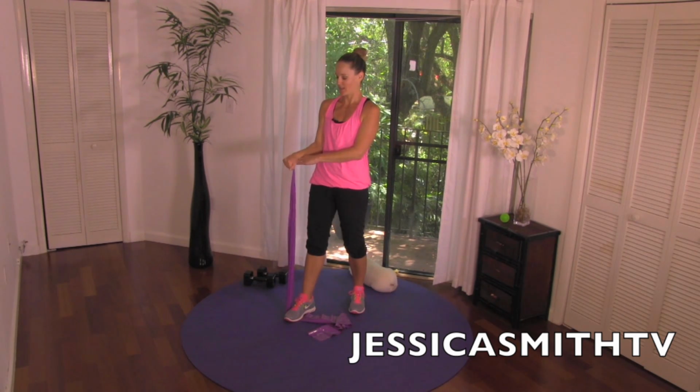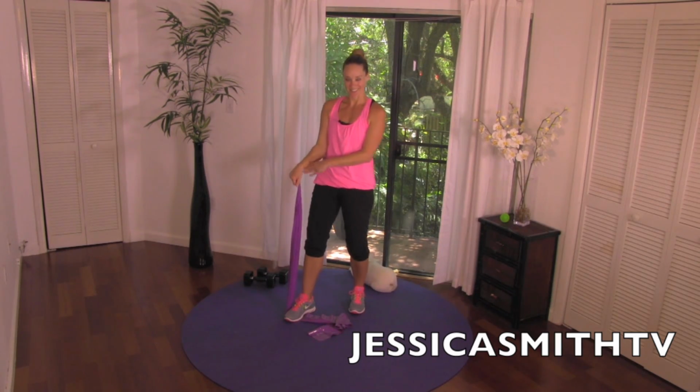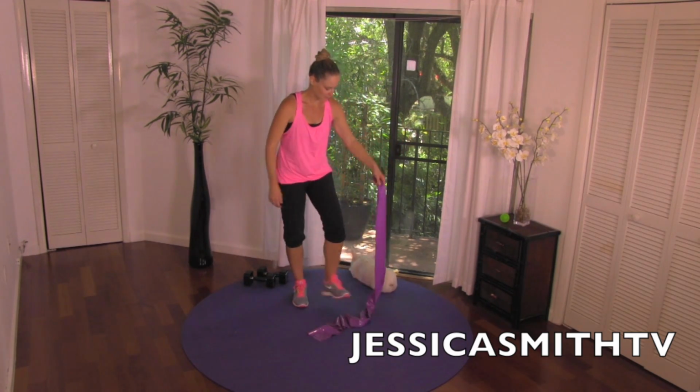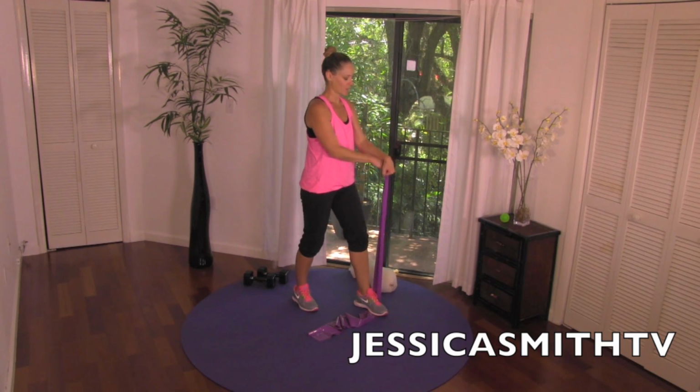4 and down. Good. Make sure you're not gripping too hard onto that band. 5 and 6 and down. And 7 and down. And 8. Good. And 9. Give me one more. 10. Good. Switching sides. Same thing with that other hand, palm facing down, get a good grip on your band,